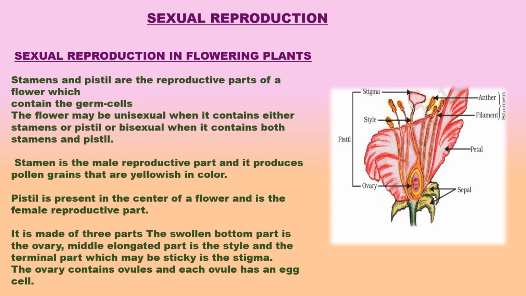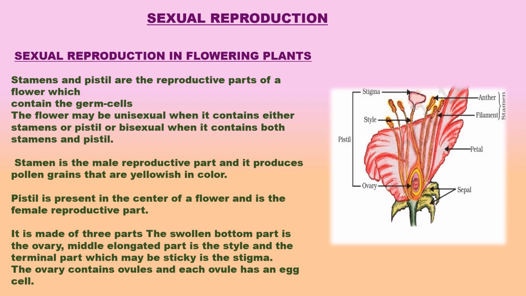a bud. Petals. The colorful parts of a flower are called petals. The petals lie inside the sepals. All the petals taken together are called corolla. The petals are usually scented. The function of petals is to attract insects and to protect the reproductive organs which are at the center of